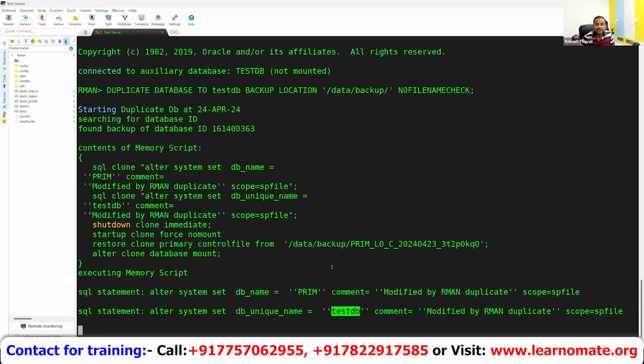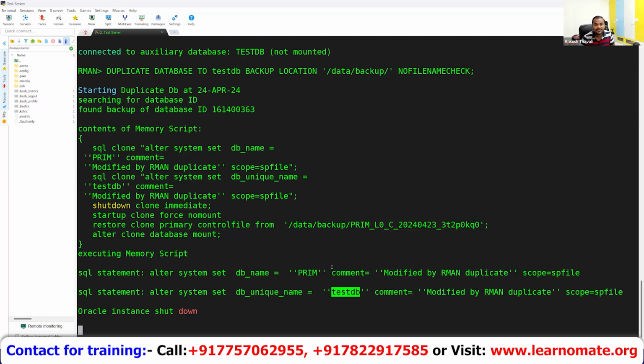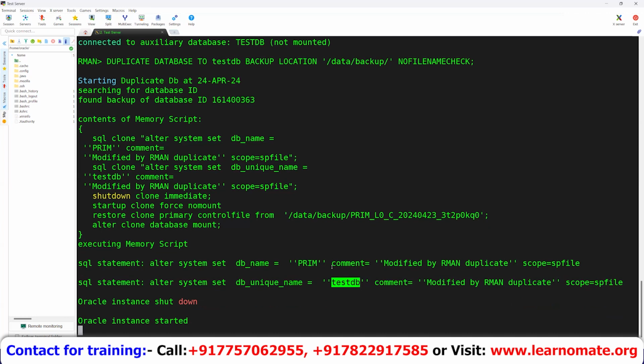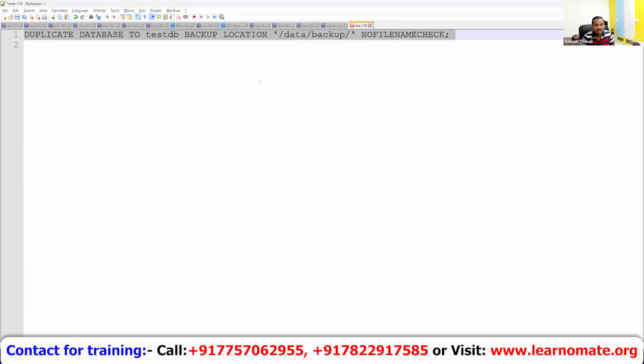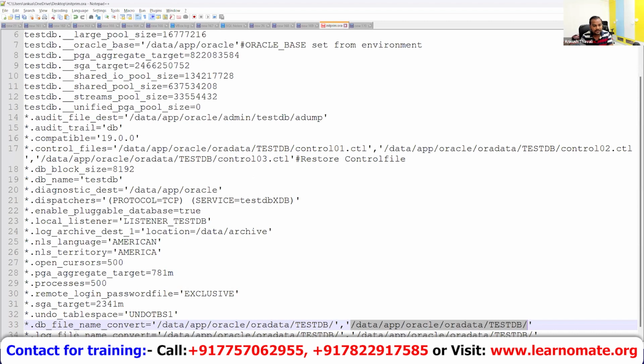Now see what it will do. It will start restoring your control files. It will automatically mount your database. It will automatically restore your data files. It will open your database also. Everything will be done automatically. So can you please explain NOFILENAMECHECK? What is the meaning of that? File name check means earlier my data files were